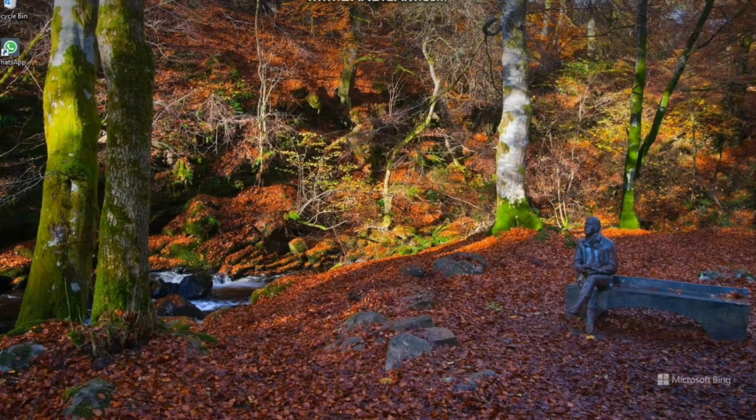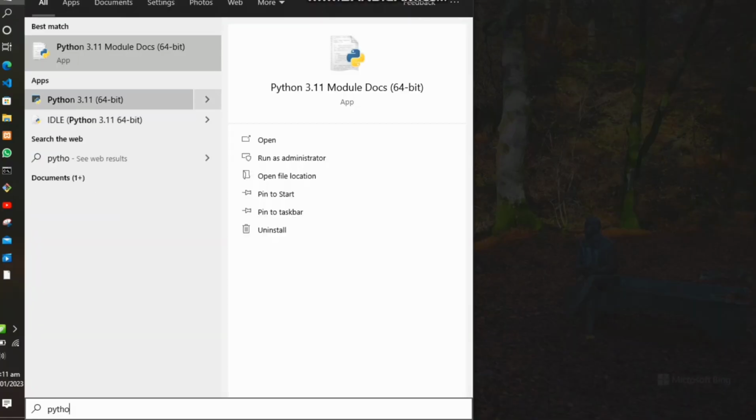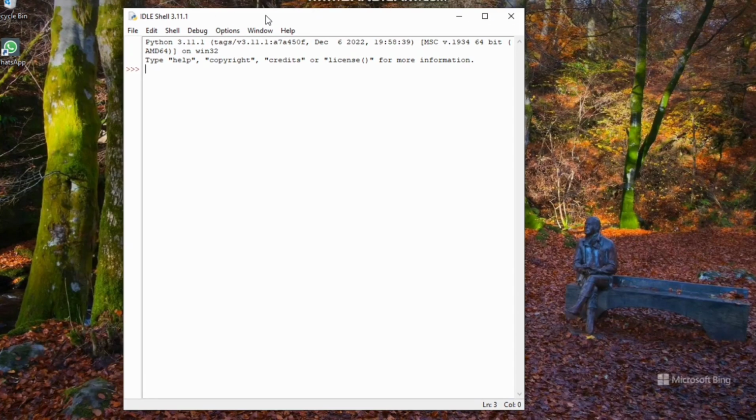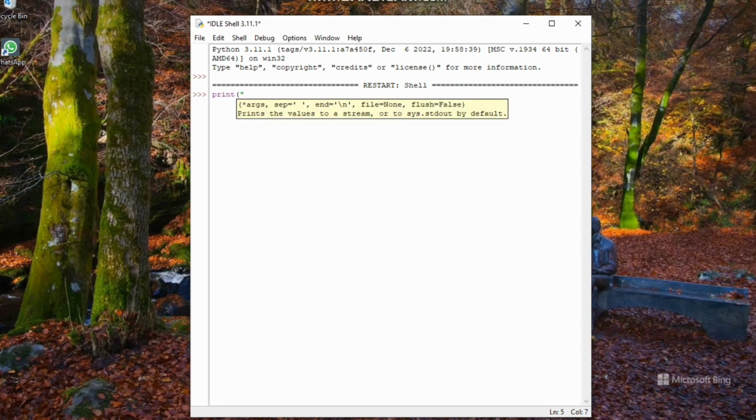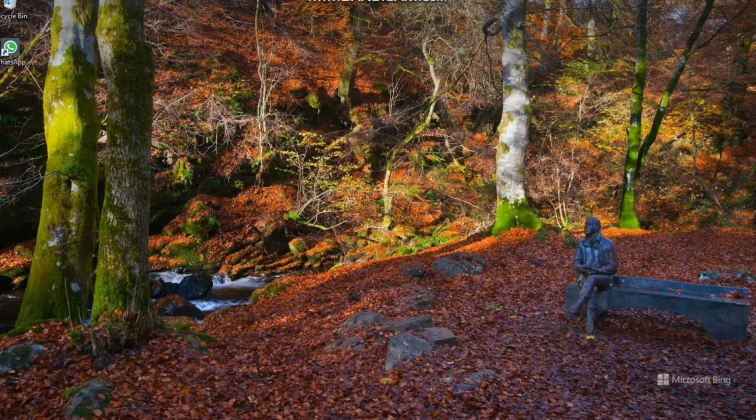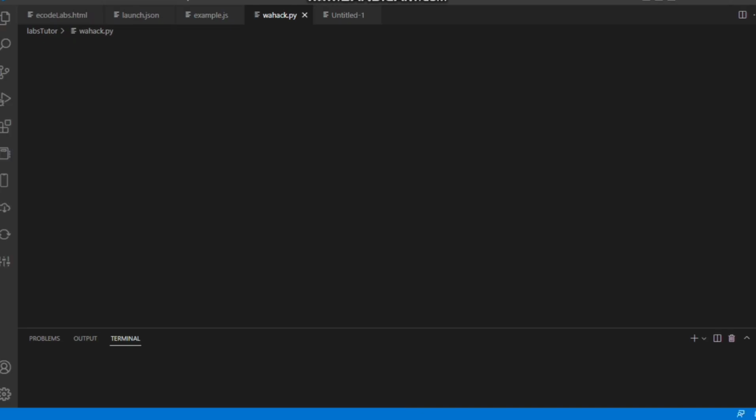Okay, I also mentioned Visual Studio. It's an editor which comes with a terminal. You can install a Python extension that you can use for writing your Python code within this terminal. And you can see I've opened a Python file, and this Python file is used for sending multiple WhatsApp messages